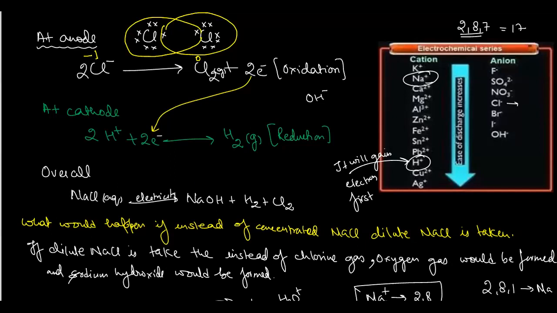So what happens here is, अब क्या होता है कि हमारे पास we have two positively charged ions. One is the H positive ion and another one is the Na positive ion. The H positive ions come from the water. We have this reaction NaCl plus water. Let me write here H2O. So if I'm writing this equation H2O plus NaCl, so H positive is coming from the water, and Na positive is coming from the NaCl.